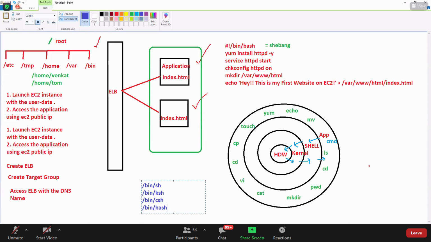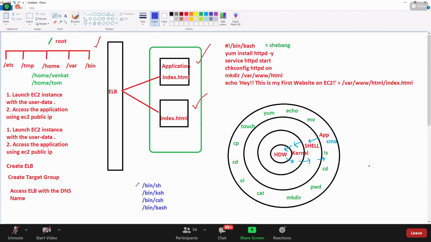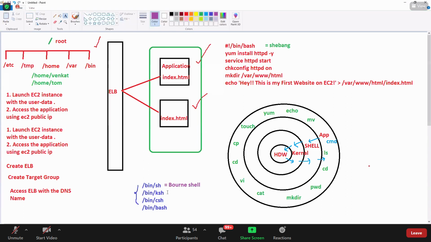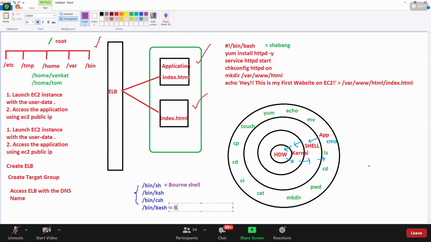/bin/bash shell, right? You have so many shells available. Yeah, Z shell, you have it. So many shells available, guys. These are all old shells: K shell, C shell, everything, these are all old, guys. We no need to learn all these things, but the first one is called Bourne shell, right? And we have K shell, Korn shell, etc. And the latest shell is this guy. This is called Bourne Again shell.